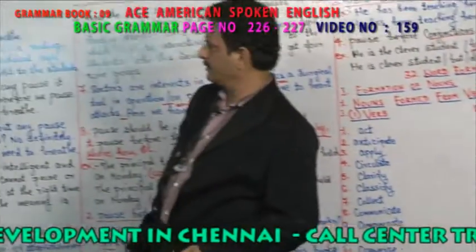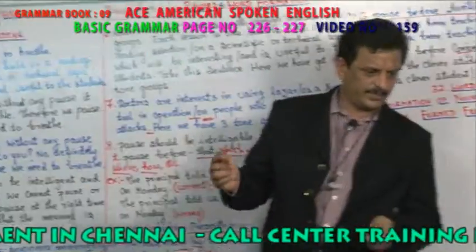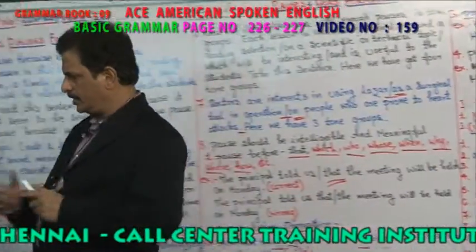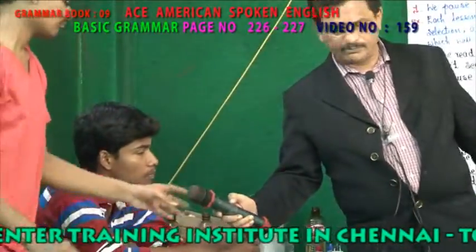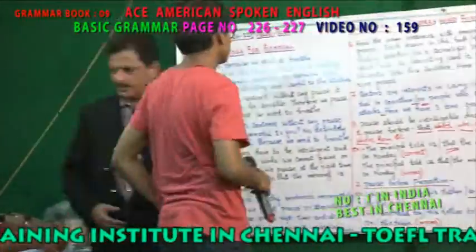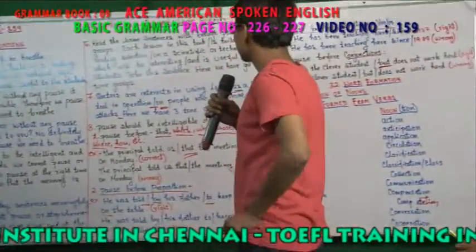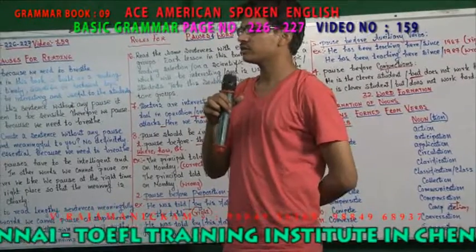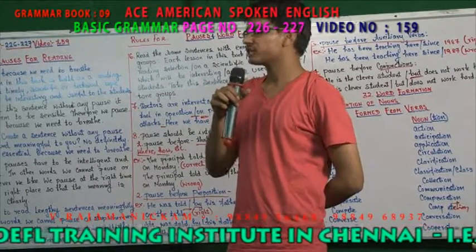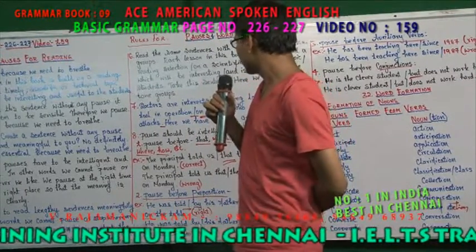So derivatives. Are you clear about this? Pauses. Are you clear? Are you sure about it? So please come, gentlemen. Where do you pause? Please come and say what you understand from today's topic. Where do you pause? Look at the camera and speak. The pauses appear before the conjunction and before the preposition. Before relative pronouns.